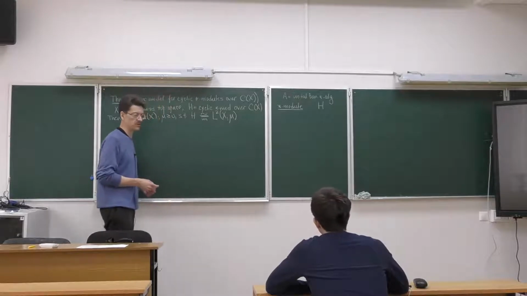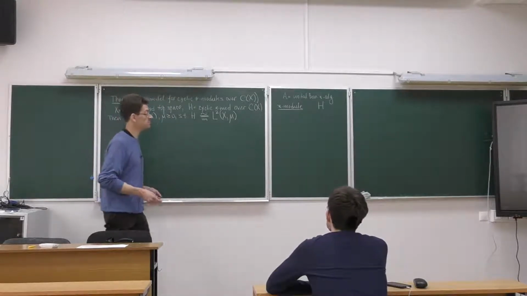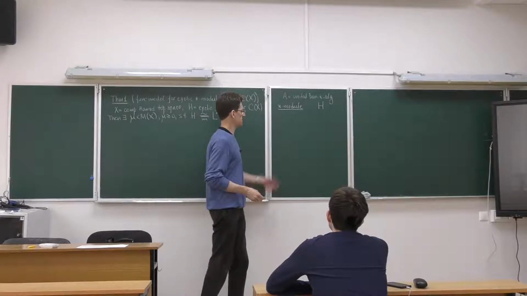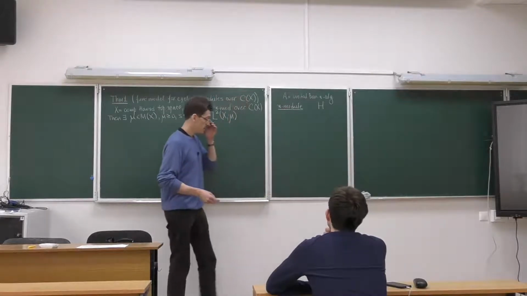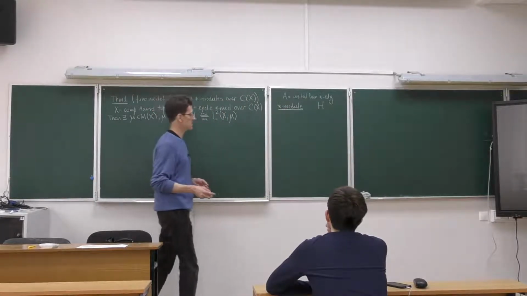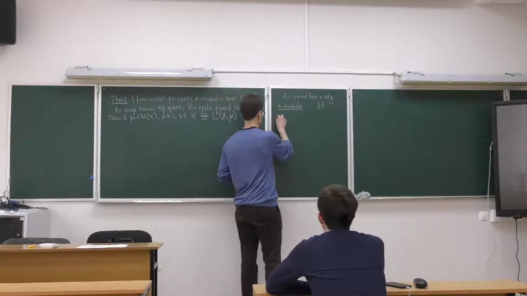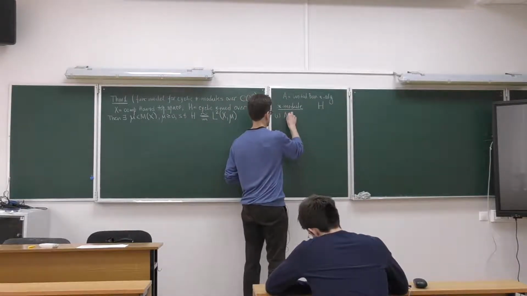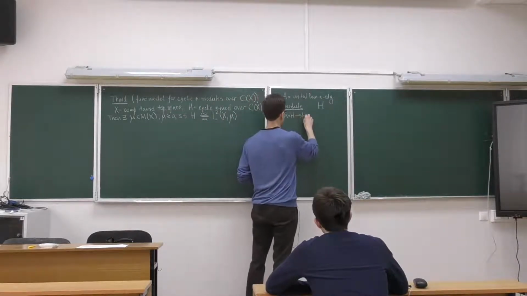So it has two structures, an inner product which makes it into a Hilbert space, and the left A-module structure. And these structures are compatible in the sense that, first of all, the action of A on H is continuous,